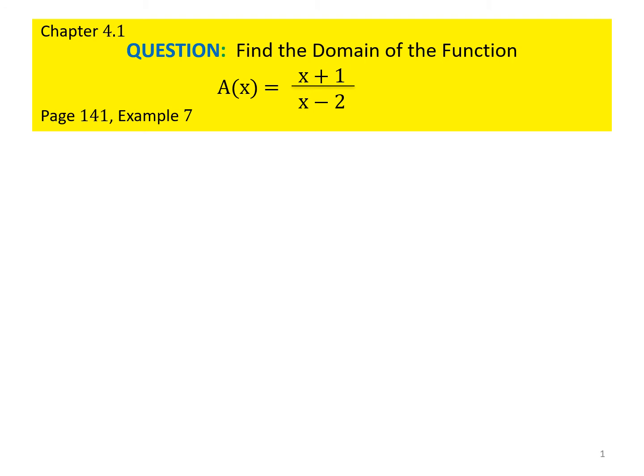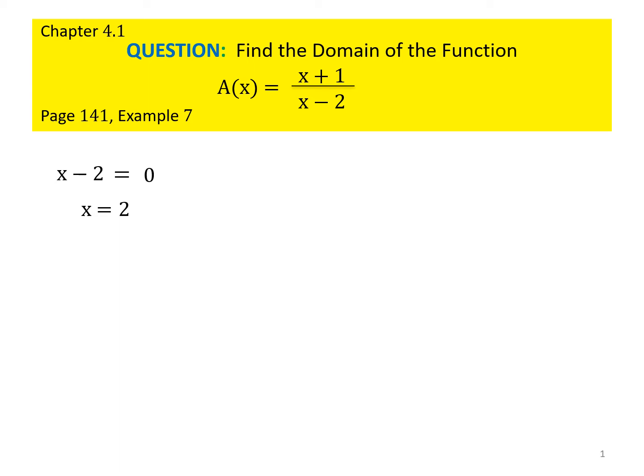To solve this, we're going to set the denominator x minus 2 equal to 0, and find out exactly what value of x will make this whole denominator 0. We solve for x in this equation, and we see x is 2. If x is the value of 2, we're going to have 2 minus 2, and that will give you 0. So therefore, you can have all real numbers, but you cannot have the value of x equals 2.